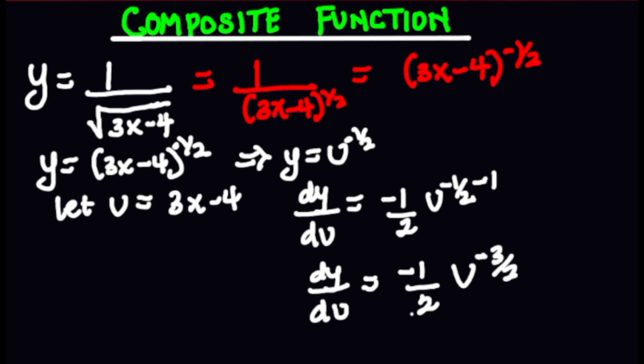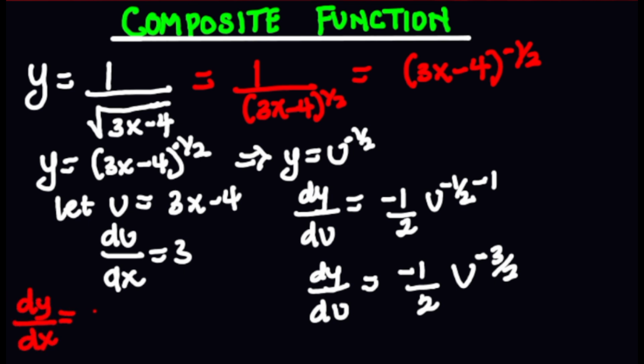So from there, we can go ahead and find the derivative of u with respect to x in this case. So we're going to have du by dx equal to 3, because if we find the derivative of 3x, it is 3, and minus 4 is actually 0. So in that case, I can go ahead and recall that for every composite function, I'm going to have dy by dx equal to dy by du multiplied by du by dx, or vice versa actually. So that the du can actually